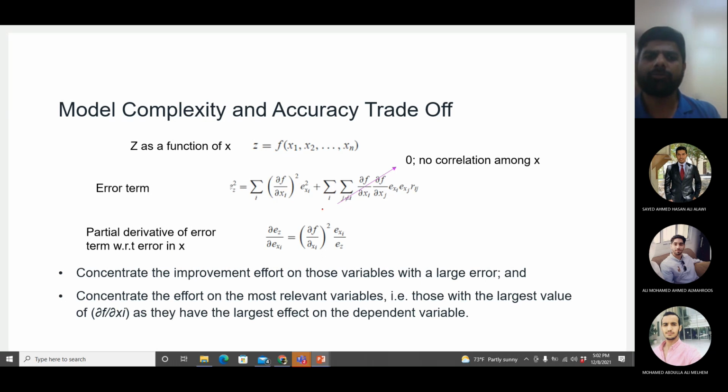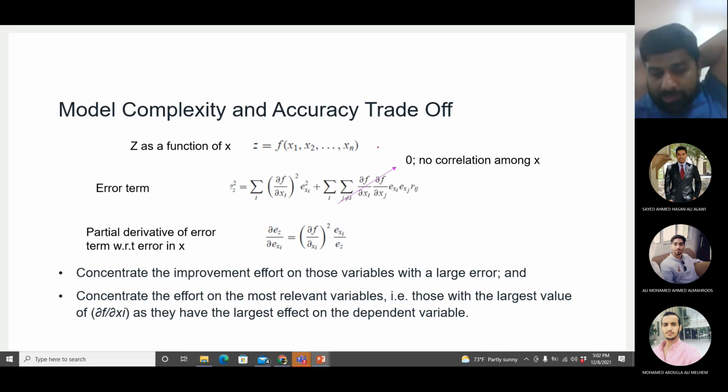So for calculating the error, what do we do? Basically the concept is, if you change the value of x, how much change in f would you have. So you do partial differentiation. For calculating the error term, the main thing which you are doing is partial differentiation. So you do partial differentiation of z with respect to each x value. First you will do it with respect to x1, then with respect to x2 and x3 and so on.